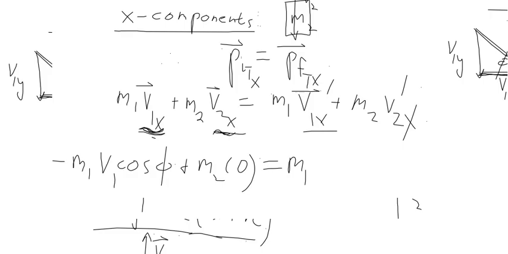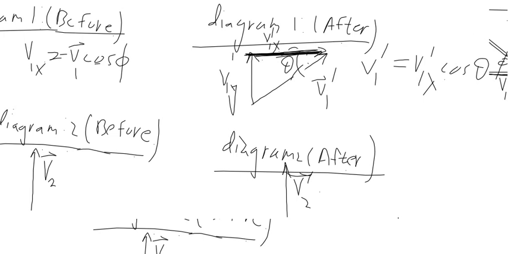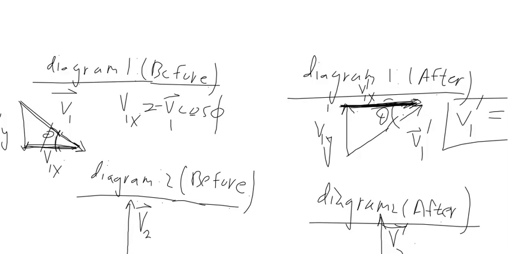So v1 prime x here is going to be the adjacent over the hypotenuse, so v1 prime x is equal to v1 prime cosine theta. We're going to substitute this in. Since the vector v1 prime is going upwards, the x component has to go to the right for the vector diagram. So m1 v1 prime cosine theta